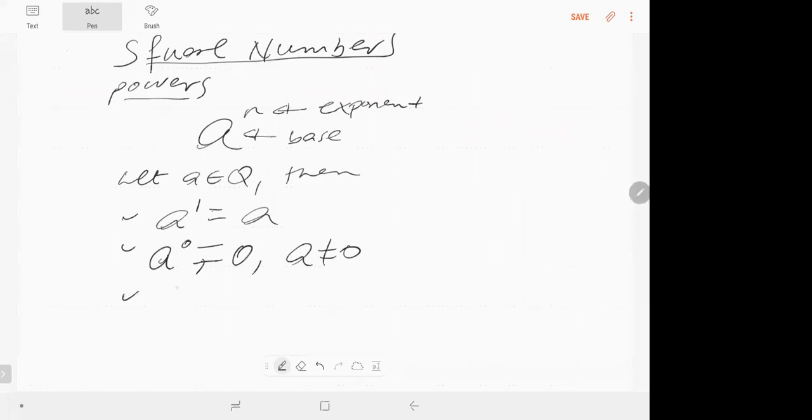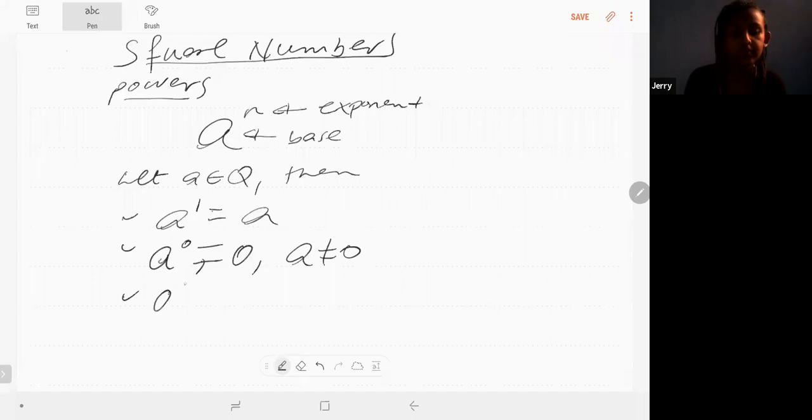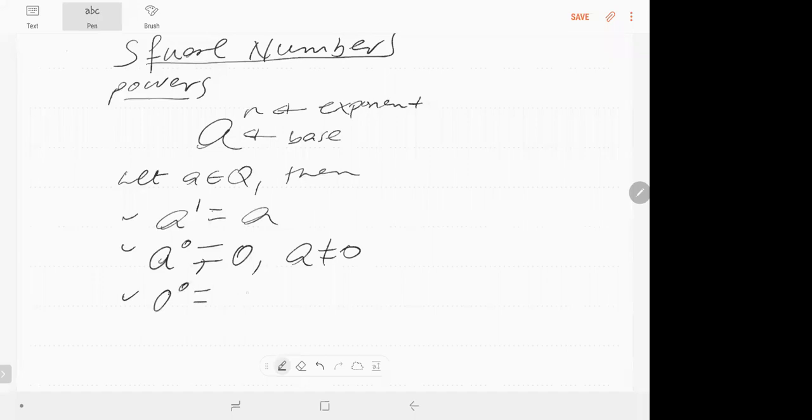And the third property of power, 0 to the power of 0, which is equal to undefined. In mathematics, there is no expression 0 to the power of 0. So under the introduction part of powers, you can add these three properties. After that,